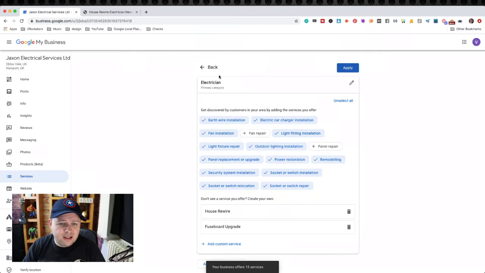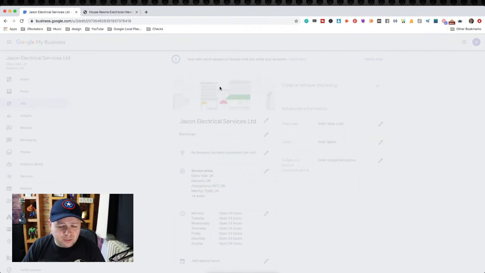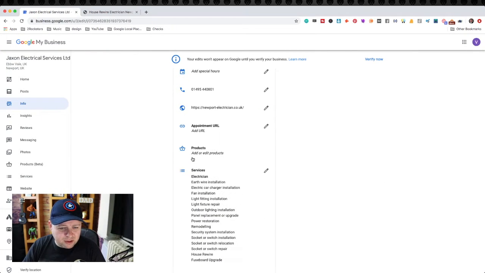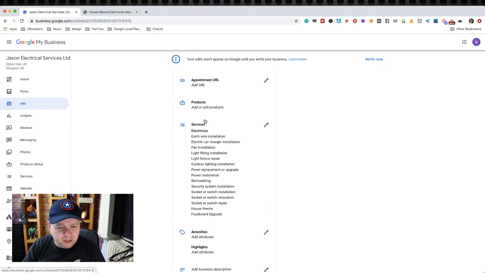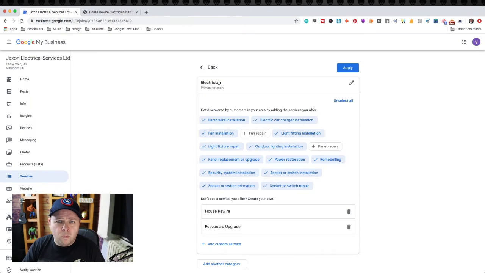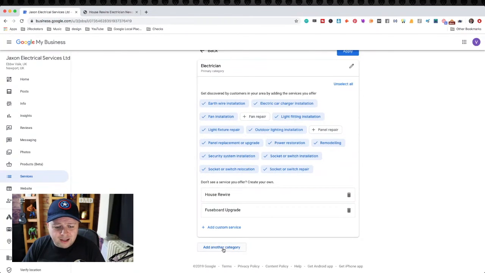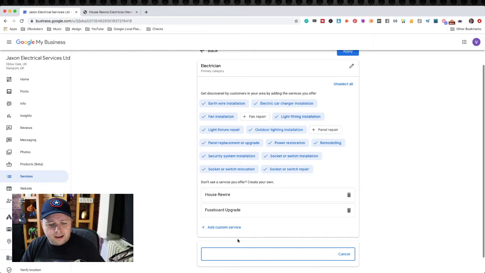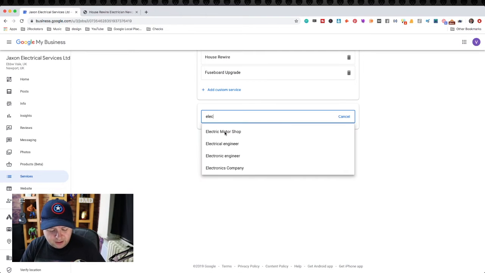That's done. So now we just hit back. Now electrician, we're going to go back into that, actually. I've just spotted something, a potential thing that we've missed. So, under the category of electrician, what can he do? We've got that. But then if you do add another category, okay, let's type